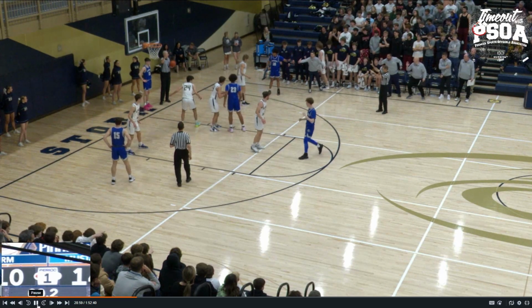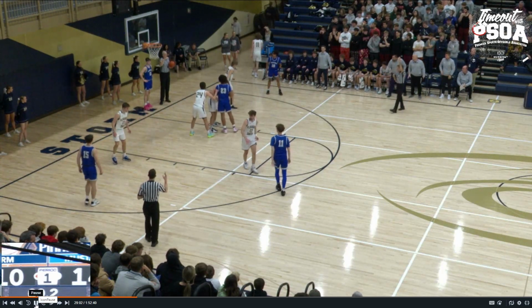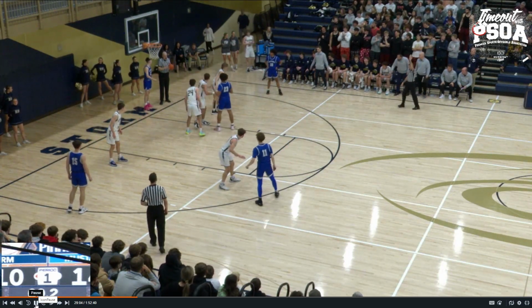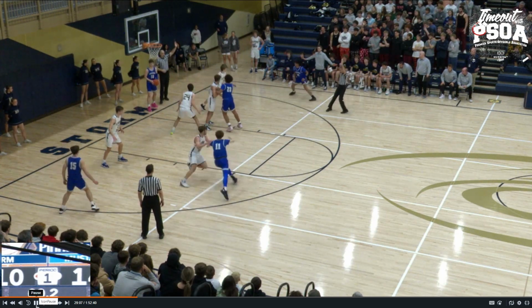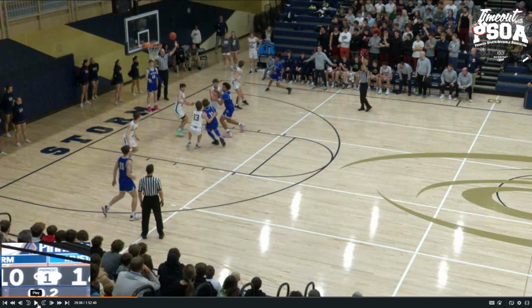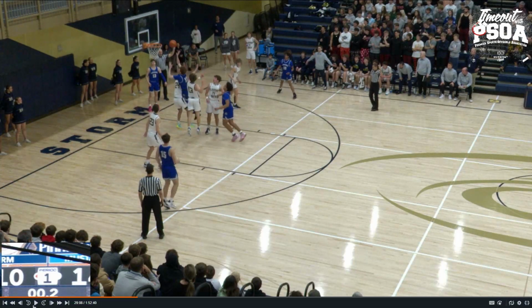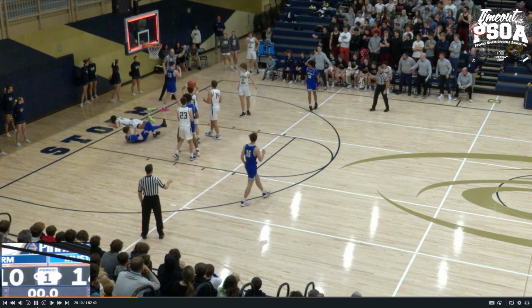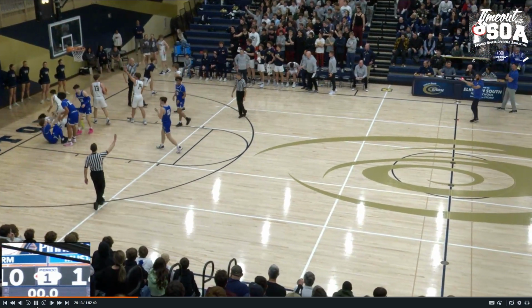Let's play this out. Since we know it has to be a tip, we know when this pass is passed up into the rim, a tap is a try for goal. All right, so we know the defense, if they foul this offensive player, we know the offense is trying to tap it because we've already told them it has to be a tap. A player in the act of shooting, we have white 24 moving forward into the shooter on a tap for goal, correctly ruled foul prior to the expiration of the quarter.